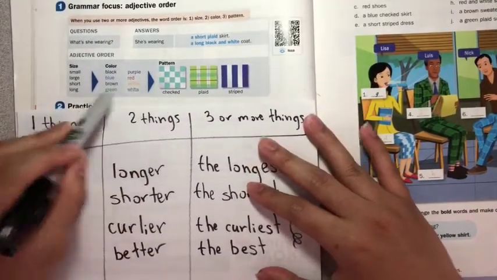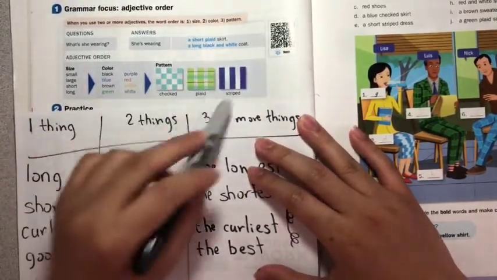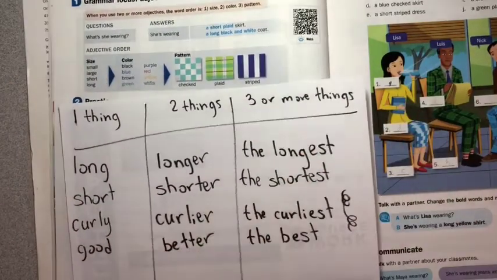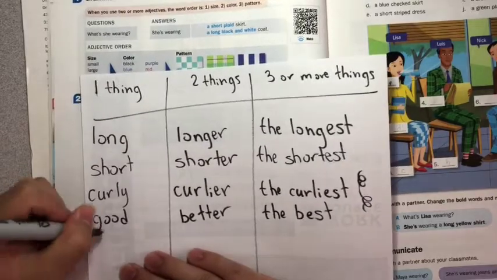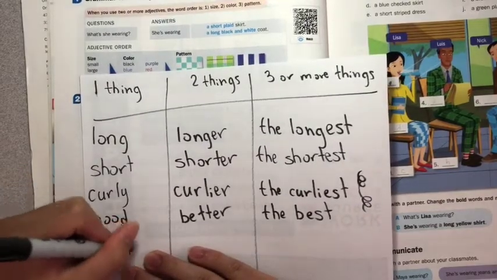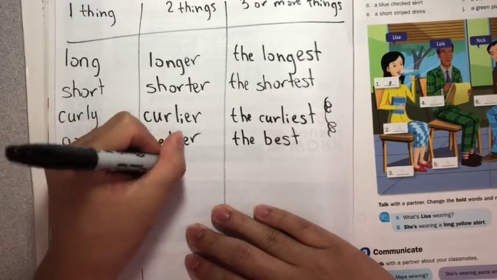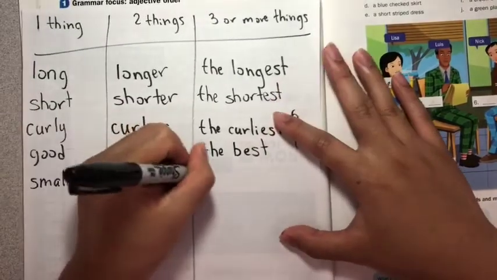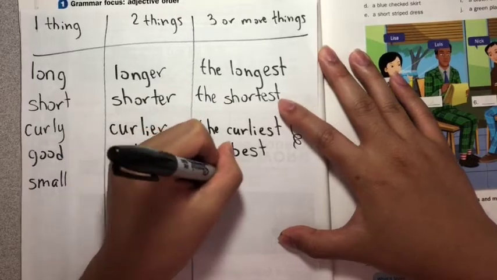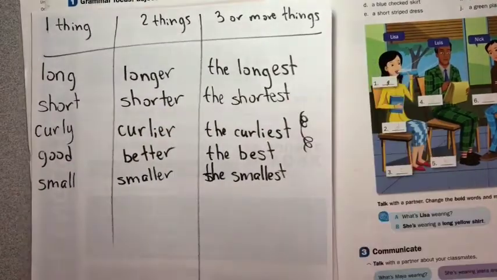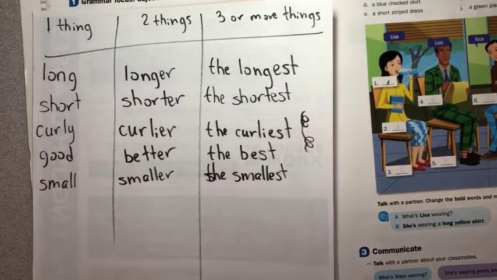So, when we talk about patterns, we don't really compare patterns, but we do compare size. We compare size a lot. So we can say smaller. We can say small for one, smaller for two, or the smallest for three or more. So let's say you're going shopping for clothes,